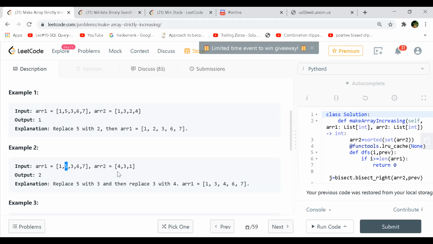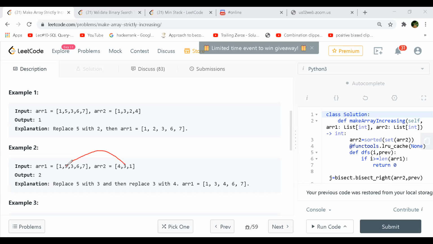So this is one way, but then how do we think of doing this? I think brute force would be that for each and every element you go and look for anything lesser in array two. But in brute force, you could start from array one from the back side, correct? So that would be slightly better.